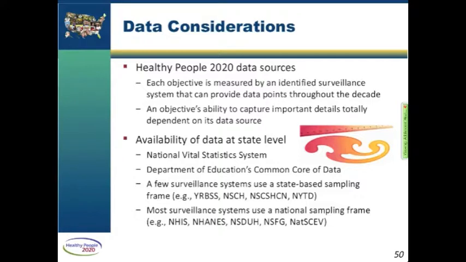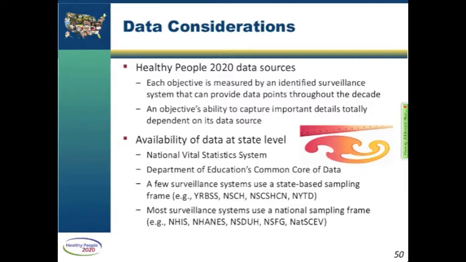at the state level. For example, objectives that are based on the National Vital Statistics System, and remember the states provide these data, have data available for immediately looking at state rates. As it relates to adolescents and young adults, mortality rates from homicide and suicide are available by state. The Department of Education's Common Core of Data contains a state survey of public education, and we now know what graduation rates are across each state.